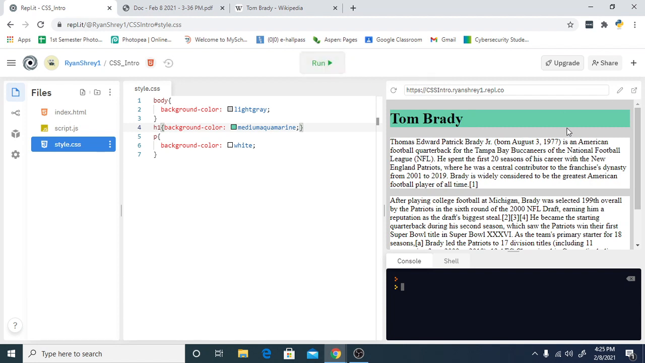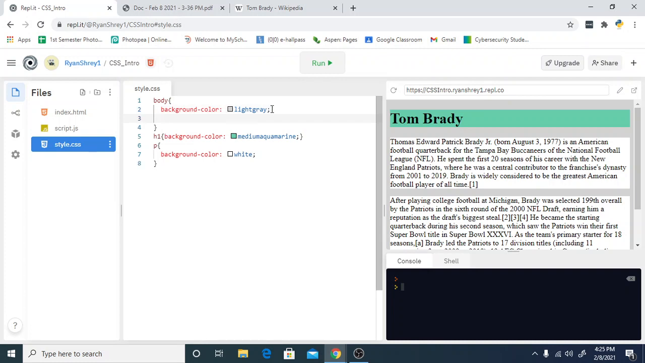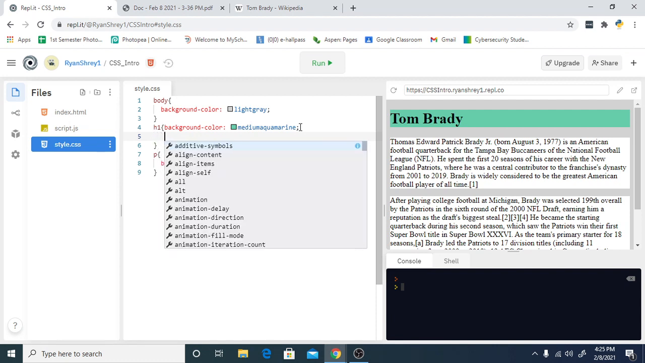And you'll see that there's a different setting now. There's a different style for the H1 as well. So besides background color, you can set text color. So maybe I want my H1